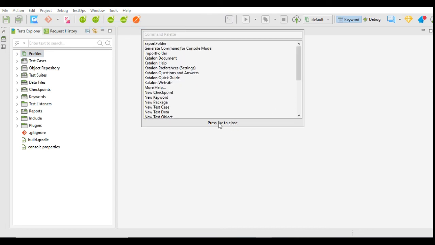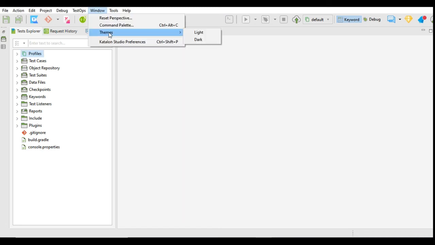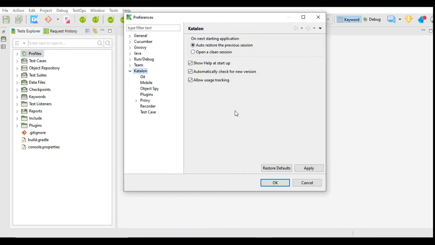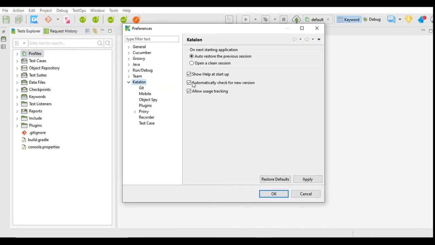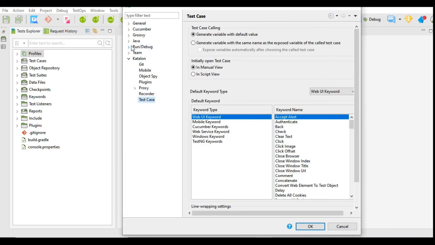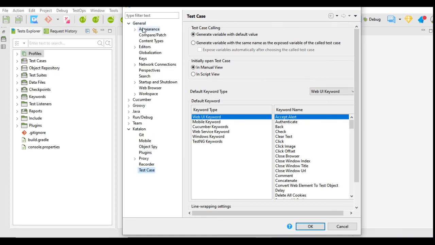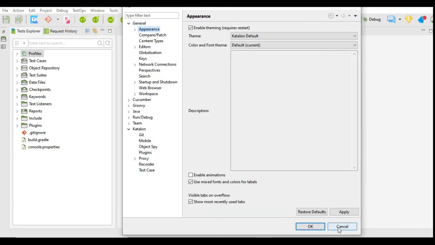You can use these commands over here. You can use the different themes, light and dark, and Katalon Studio preferences. This is the default setting of Katalon Studio. You can change this setting. You can change the Git settings or test case settings, or you can change the run and debug settings or the general appearance settings. You can change from here.